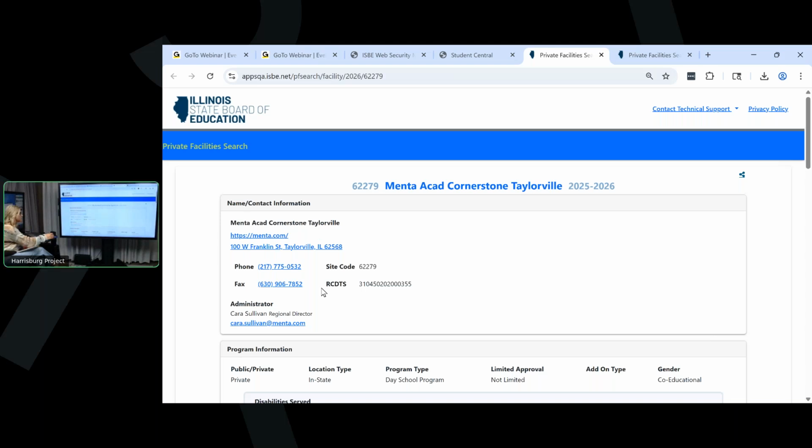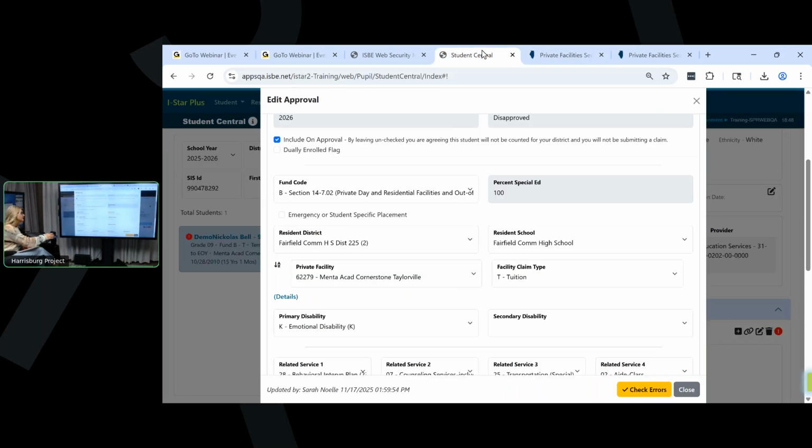Of course, the resident county, district, and type has to match. But also on these particular fund codes, we're also going to look at the school code. So we're looking at the entire 15-digit code. And that is something that was new last year, so a lot of you were not prepared for that. The reason is because these facilities, and I picked Minta on purpose, have multiple codes. They can have codes that are in different cities at different facilities, but they can have codes that are at the same facility. And you have to remember that these represent the